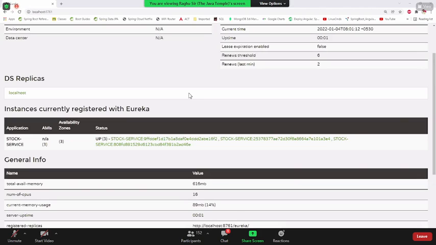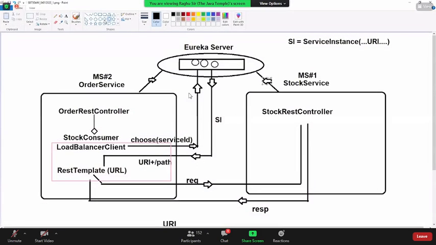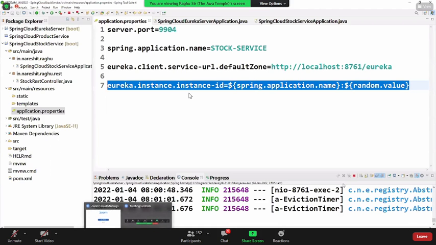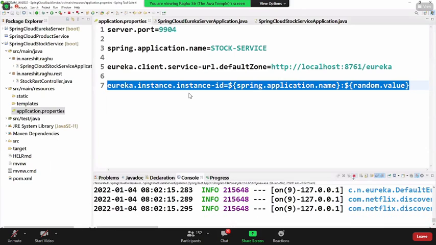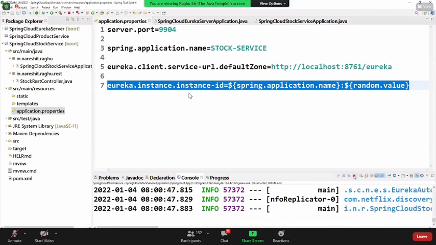Instances mean horizontal scaling: running the same application multiple times. That is called instances, increasing the capacity and availability. Now I'm stopping here.